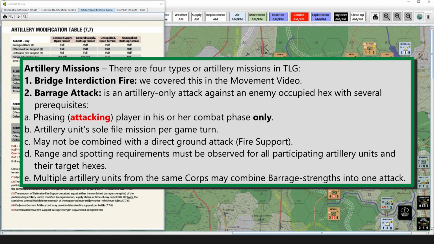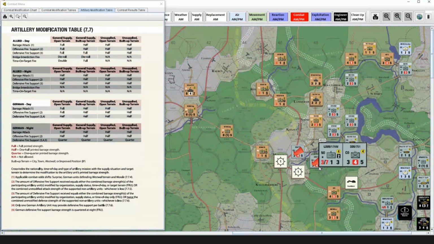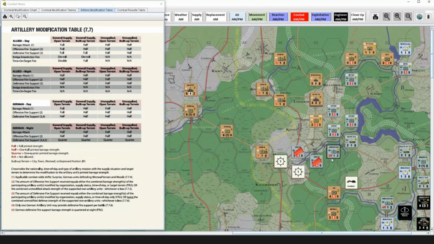And multiple artillery units from the same corps may combine their barrage strengths into 1 barrage attack. Again, using these 2 units, they're both from the 47th Corps, and they can participate in those attacks. The final combat strength of a barrage attack equals the combined barrage strength modified by supply, time of day, and terrain. So if these 2 units were to attack this hex, I'm going to get to one thing about German